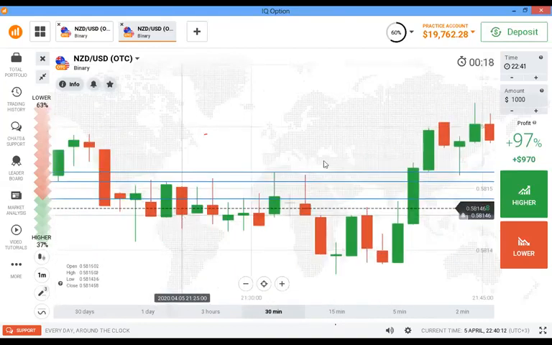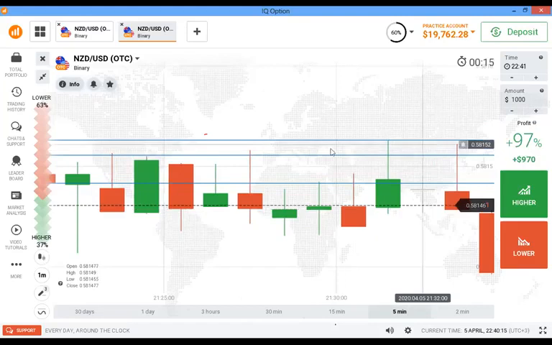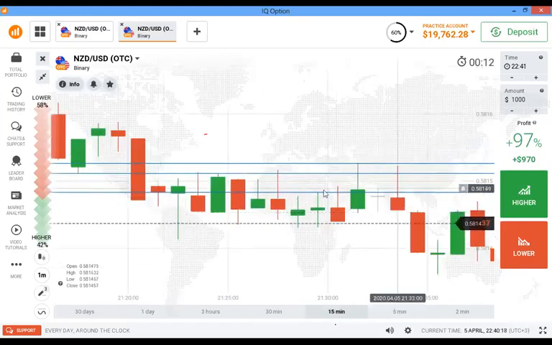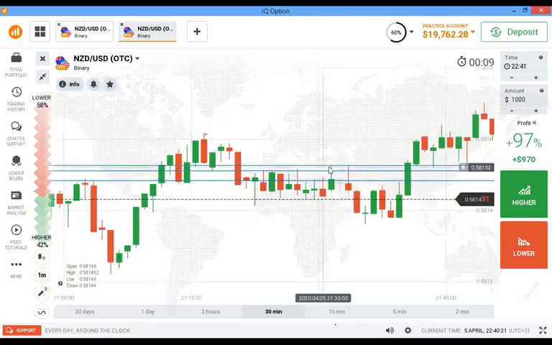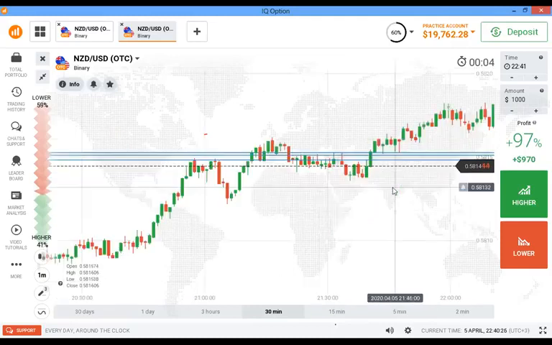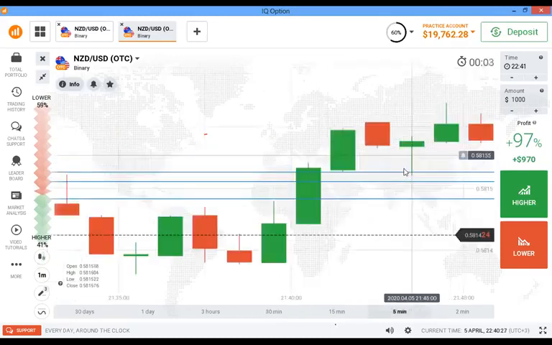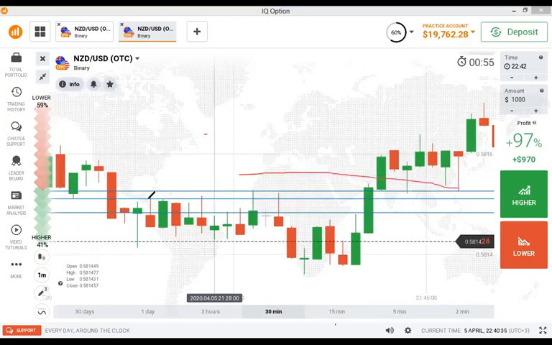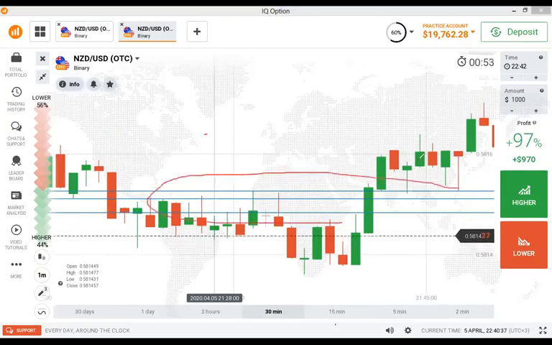Here we have seller entry, seller entry. This is a rejection wick. We call it a rejection wick. Rejection from here, here, here. This one is also a rejection wick. It means this whole area is a rejection wick. In a psychological way and in a professional way, when you want to take your trade